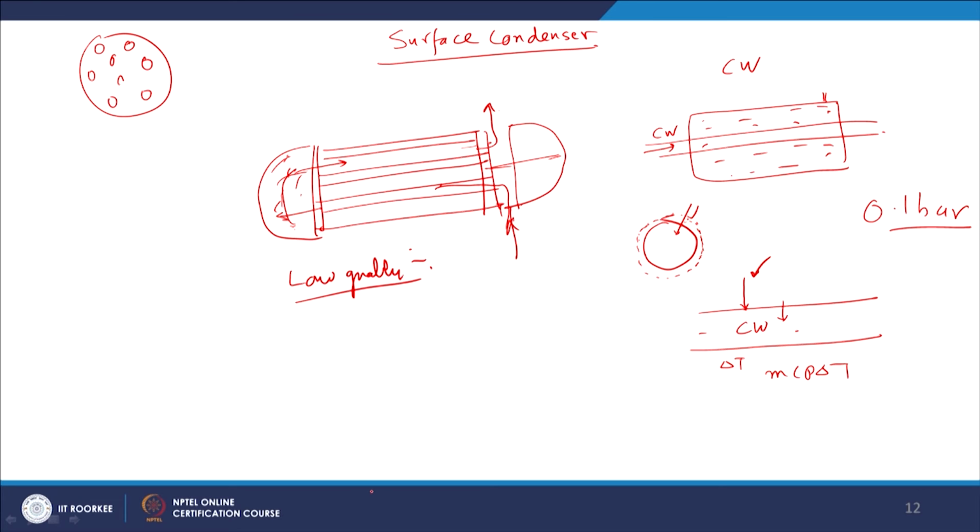High vacuum efficiency, what I mean to say, total pressure in the condenser will be pressure of the steam plus pressure of the air, right. So, ideally it should be the pressure of the steam. So, total pressure should be pressure of steam, because air has been added. So, the pressure inside the condenser has increased. So, if you take the ratio of these two, pressure of steam divided by pressure of steam plus pressure of air, this will give you the vacuum efficiency of the condenser. If the pressure of the air is 0, then vacuum efficiency of the condenser is 100%.